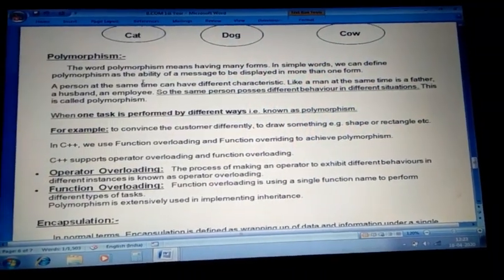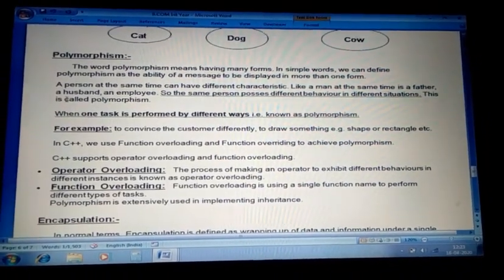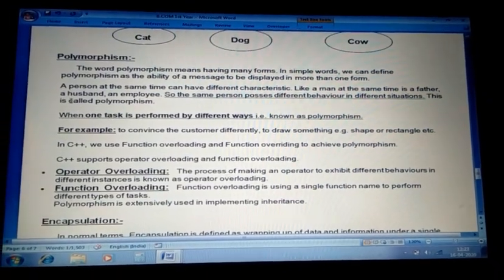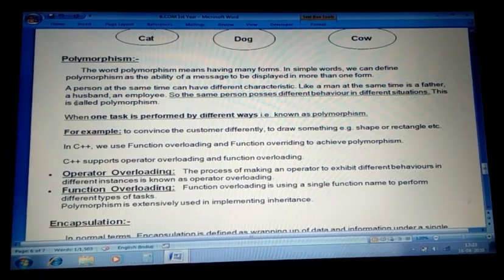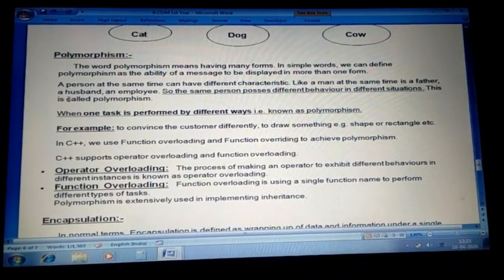Now next, polymorphism. The word itself represents it. Poly means many, morphism is nothing but forms. So one object having many forms is called polymorphism. Example, a person has many forms in different situations.